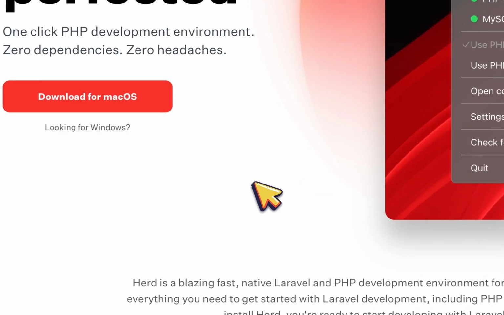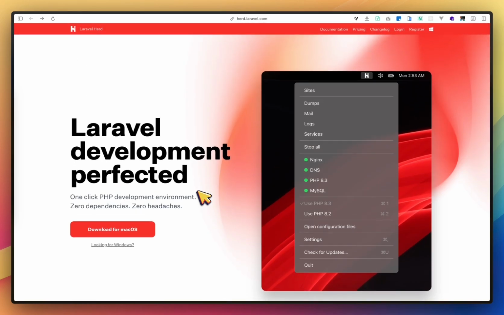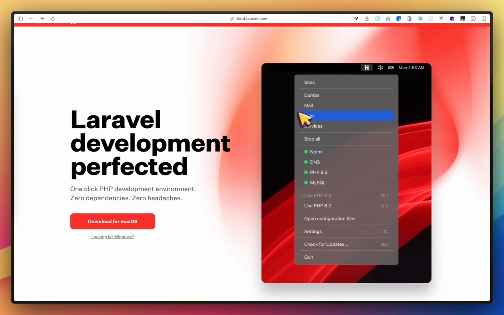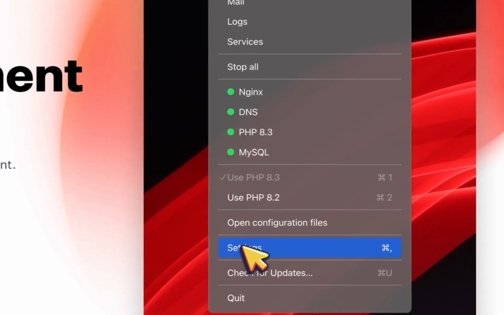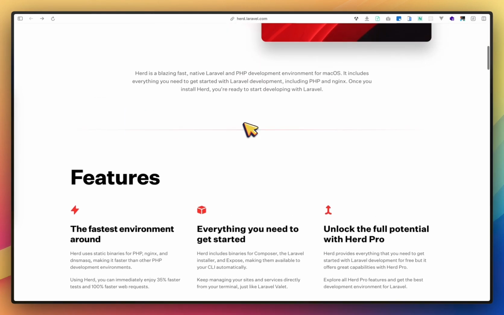So it's a simple way to set up your Laravel development, because in the old way we also install a PHP version dependently, and then install Composer, and then we run laravel new, like we manually create another project. In Herd you can also create a Laravel project just using Herd. I will show you after this.